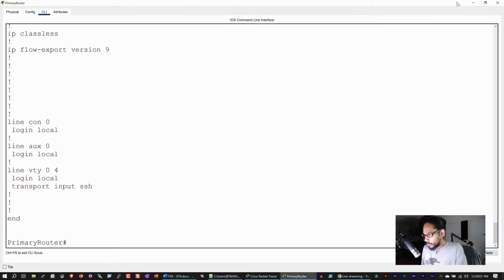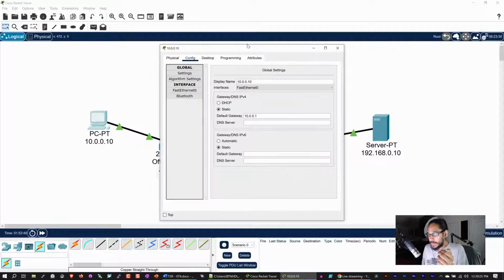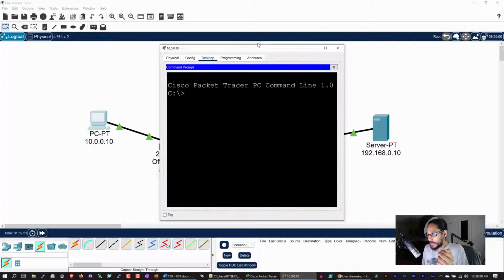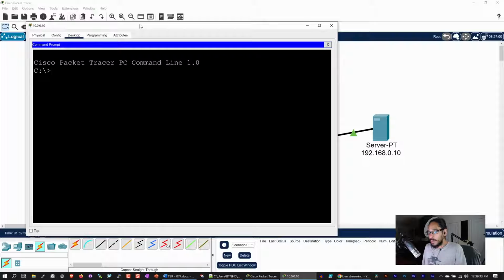All right, so everything is configured, everything is green. So the next thing that we need to do is, are we able to ping from this PC to the switch? Are we able to ping successful to the router? Are we able to ping this switch? And are we able to go across and ping our server? So we're going to click on the PC and let's go to desktop. Let's go into the command prompt. And within the command prompt, we're going to do the following. So we're going to do an easy one. Let's ping